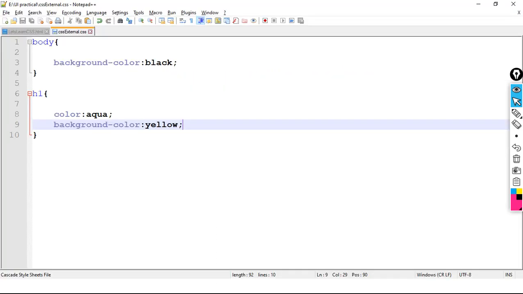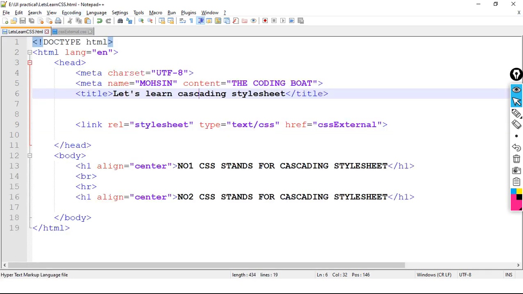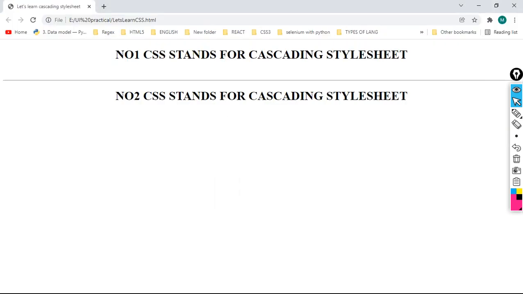Let me check our code. CSS external dot css. Okay, this is fine. Then we have link rel stylesheet, type text. Okay, one small mistake we have done at line number 9: .css. Save the code and refresh.